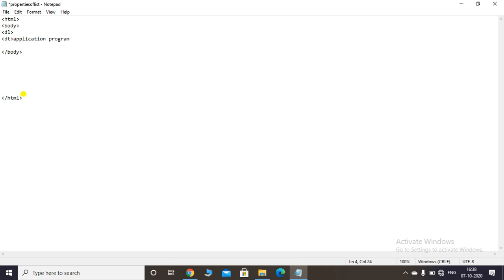Okay, and you have to close the DT tag over here with the forward slash. Now if you want to give a description over there, you have to use a DD tag to describe each term. So I will open the DD tag, and you have to write the description over here.